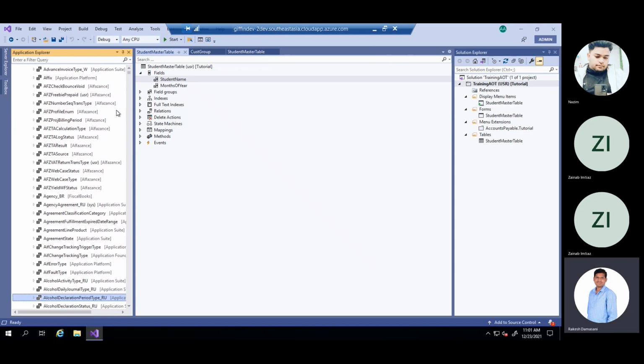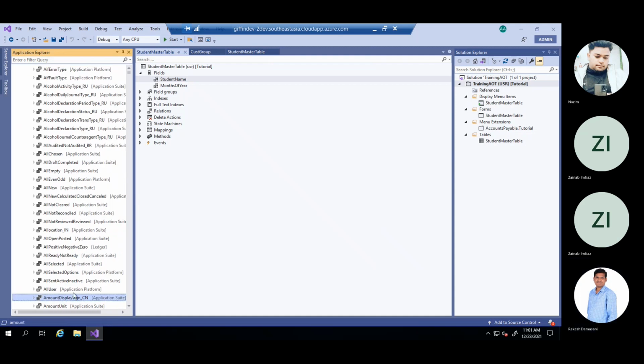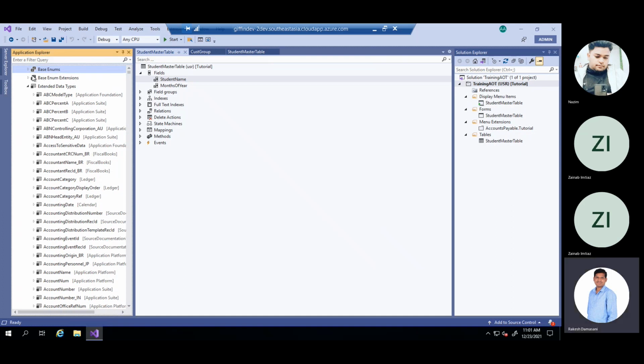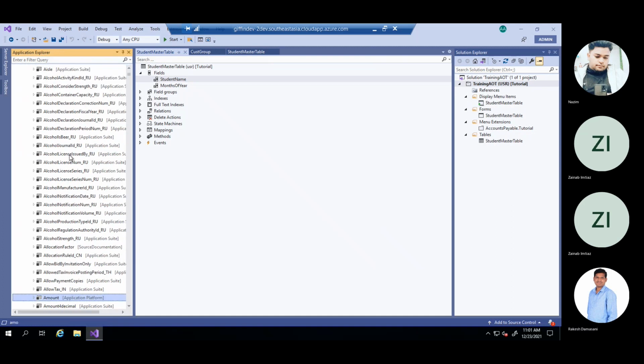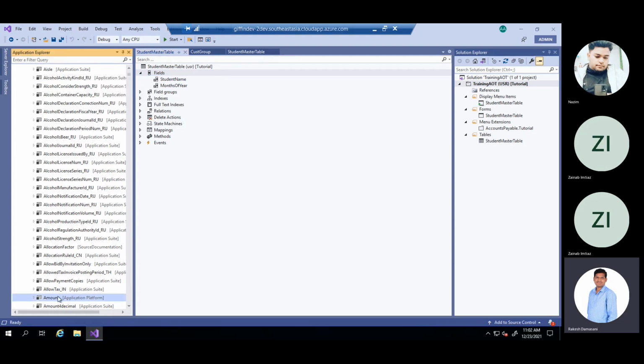I can put amount. So basically you can drag and drop the EDTs. It is easy, or else you have to go to the fields, right click, new, and select real. Instead of all that, you can just drag and drop the amount here.